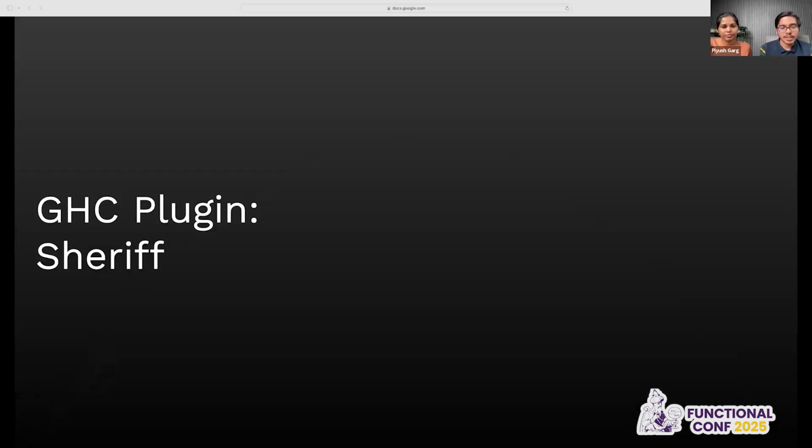Okay, another plugin we built was the Sheriff plugin. It was more of a generic plugin, not tailored specifically to the payments domain, but it was also enforcing some domain rules. Sheriff acts as a code inspector for us. We built this plugin on the type checking phase only because we wanted to make it generic. In Sheriff we have added support to check for unsafe functions, like head,